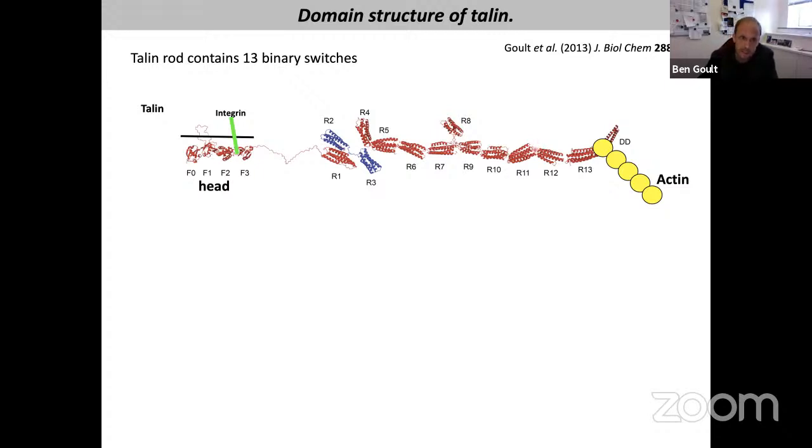But what we find is that talin has got an N-terminal FERM domain which binds to those integrins and actually can coordinate whether the integrins switch on or off at one end. And at the other end, it couples to the actin machinery. And what that means is that between those 2 attachment points, we've got this series of 13 rod domains. And what we've gone on to show, and I'll just show you a little bit of the data now, is that these are 13 binary switches.